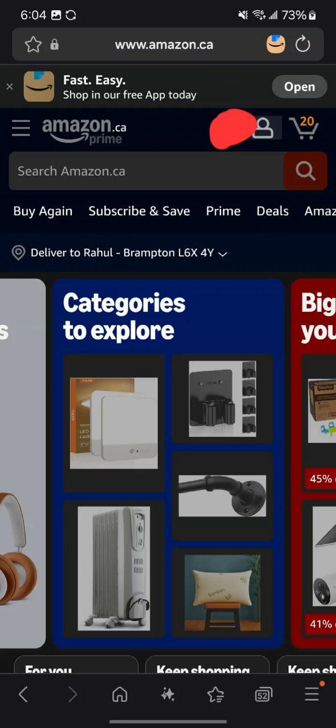So what I have done, I have logged in to my Amazon account. I did it on mobile, but you can do it on your desktop too. So you see on the right hand side top, I have put a red color dot, where your name appears. Okay, so this is the area you have to tap. Once you tap it, it's gonna go to the next screen, which looks something like this,